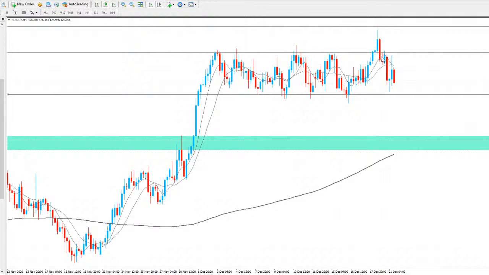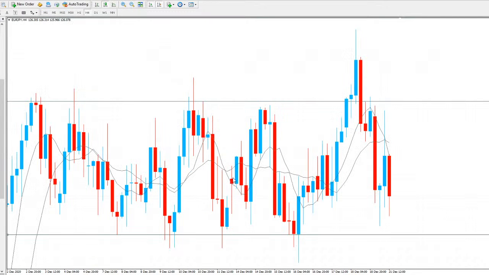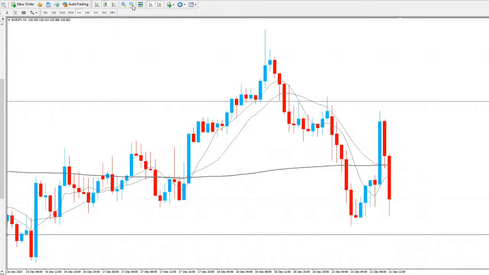So again, we could be treating that as a false breakout. And now we're still looking bearish. Actually, no, not really looking bearish. We're kind of just moving sideways for Euro/JPY. So I wouldn't say we're looking bearish or bullish yet. We are getting a move to the downside within this range here. You can see on the hourly.